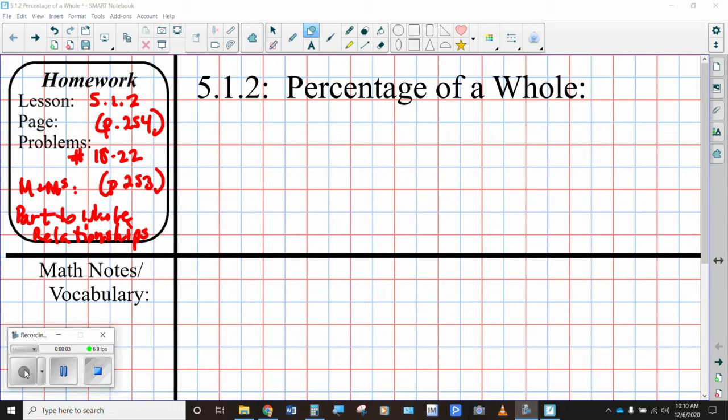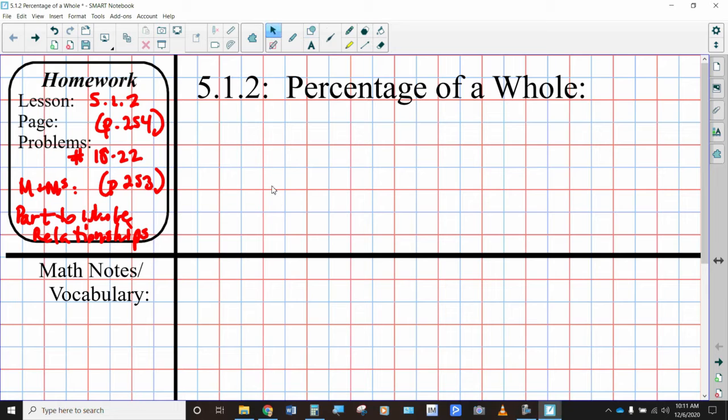Alrighty, let's take a look at lesson 5.1.2. This is going to build on the processes that we were learning in lesson 5.1.1, finding percents or percentages of a whole, finding the parts, or finding the totals. What we're going to do now is look at some situations and create diagrams for those situations,